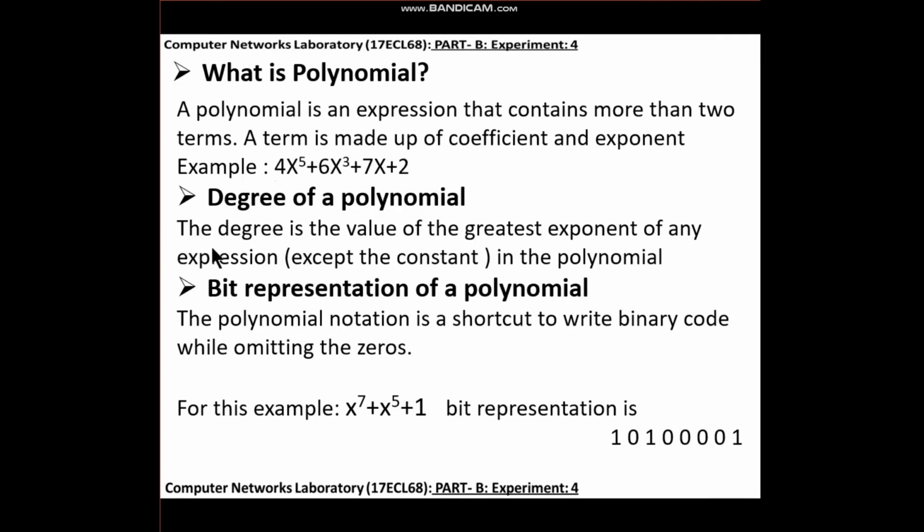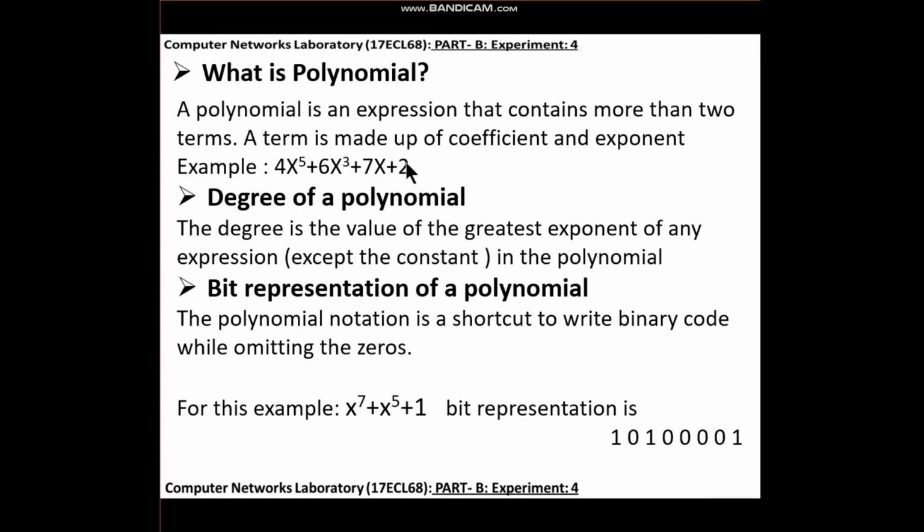Degree of a polynomial: the degree is the value of the greatest exponent of any expression except the constant in the polynomial. Here in this polynomial, the degree is indicated by this term, and here it is 5.